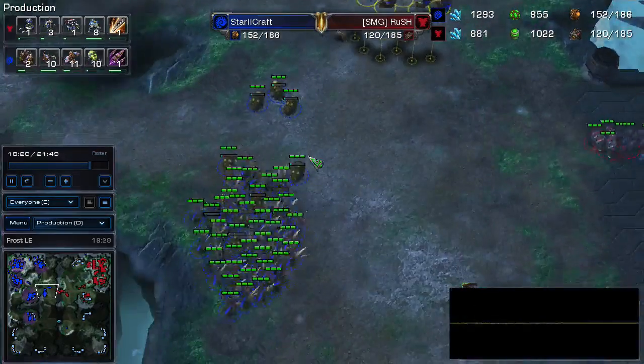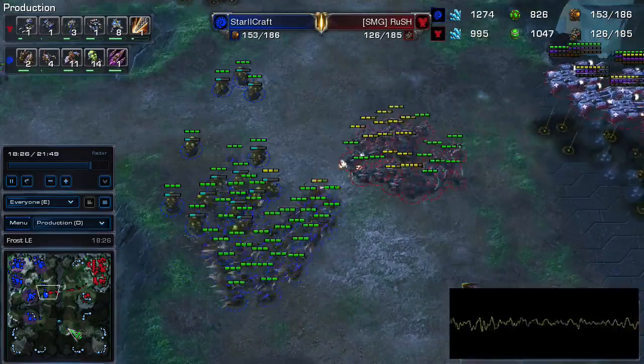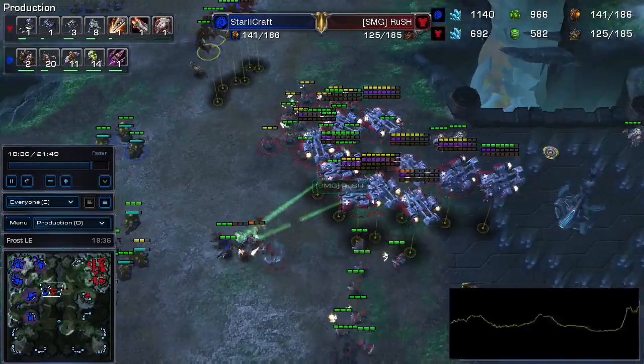These Mutalisks here are still just sort of flying in the middle of the base, so as far as map awareness goes, StarIICraft was doing quite well with the map awareness. There's another Mutalisk down here, but it's kind of spreading out the army quite a bit. If you look at RuSH's control there, he's just spreading out the units so that they don't all get hit